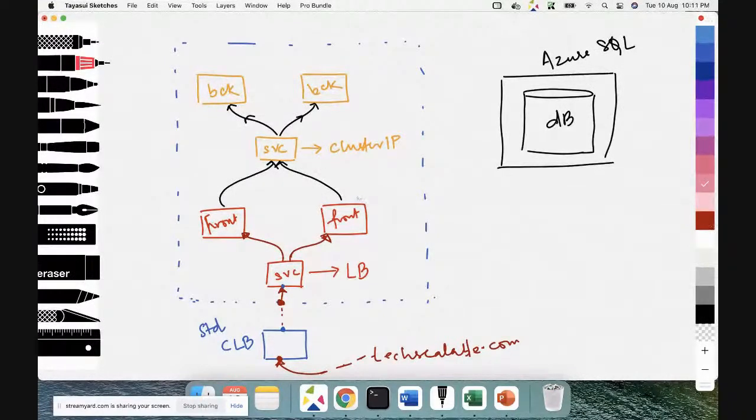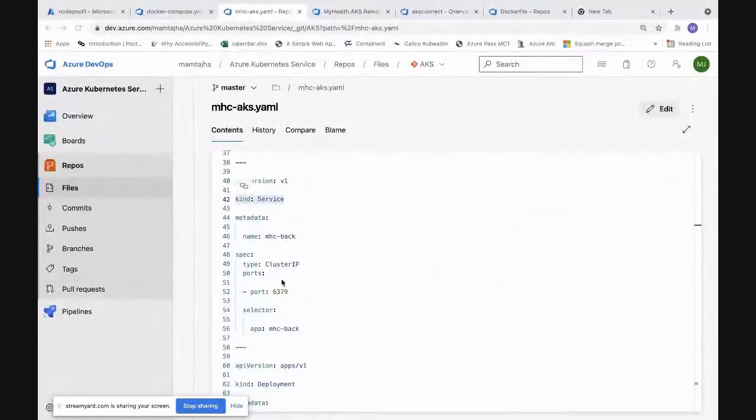This connectivity I have done. So if I get it from the cache, well and good. If not, I go to the actual DB and I fetch the data and I provide it to the users. So this is what we are deploying. And now coming back to it, that's the reason this is cluster IP.